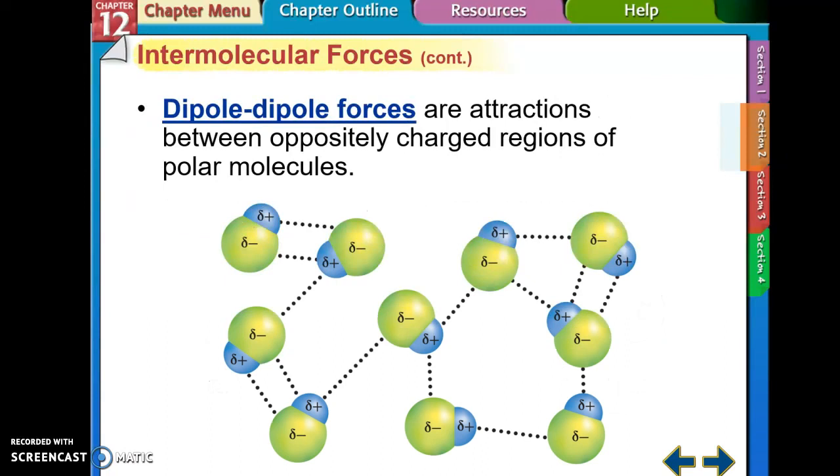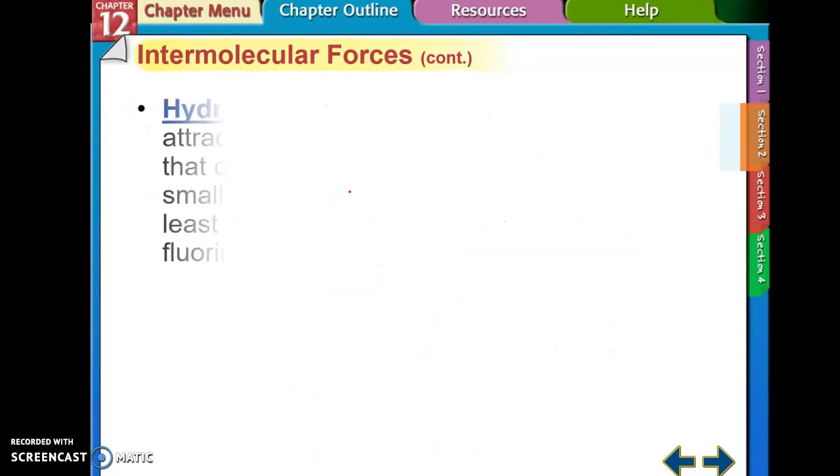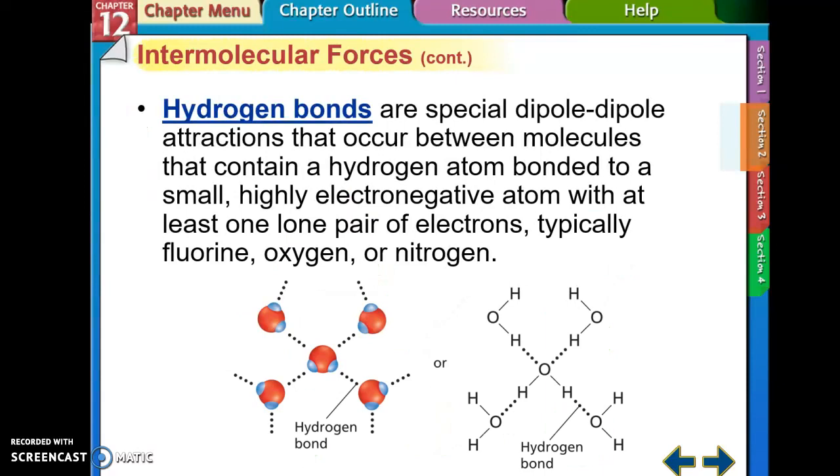Another type of intermolecular force is going to be dipole-dipole, and that is between oppositely charged regions of polar molecules. So remember, polar is when the electronegativity difference is 0.4 to 1.7. That's going to be where you have the positive side of that molecule attracted to the negative side of a different molecule. And then you're going to have hydrogen bonds, and hydrogen bonds are a special dipole-dipole attraction,